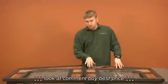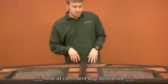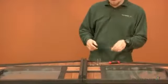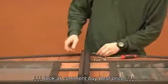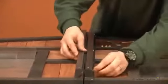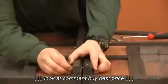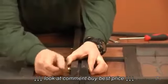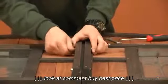Using 3 of our bolts and 3 of our hex nuts, we'll be attaching our 2 front pieces labeled as A. To do so, take your bolts and insert one into the 3 holes down the middle of your pieces A, and from the opposite side, add your hex nuts. Once you have all 3 of your hex nuts on,